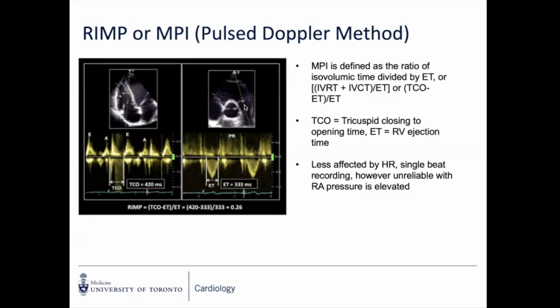And then you also pulse at the level of the pulmonic valve. And from here, you're able to get your ejection time. And the ratio between these gives you your MPI. This is less affected by heart rate. You only need a single beat recording, but